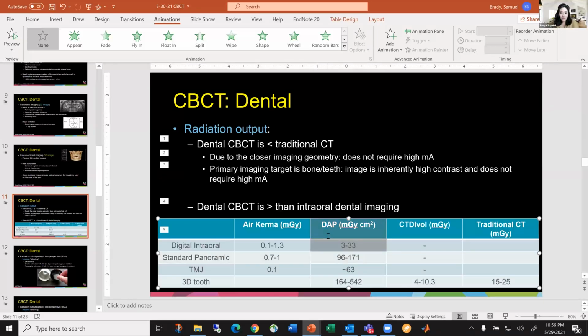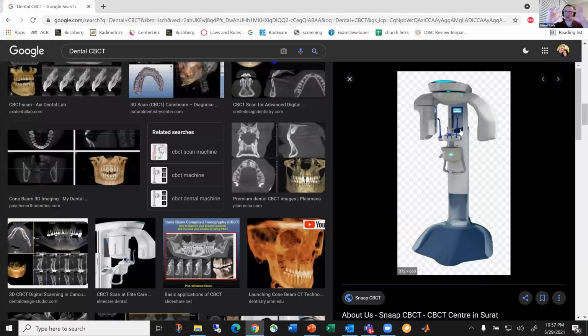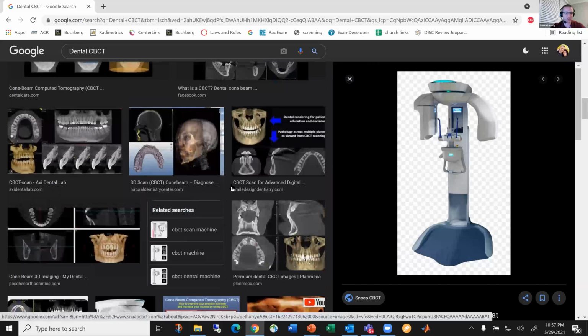Mm-hmm. And should we calculate the DLP from the CTDI volume and the length of the receptor? The answer is no. And that is because for these systems, it's a single rotation. You cannot collimate the field of view. It is one field of view. You can, when you're imaging here, the only thing you can change is the